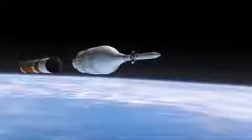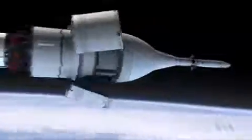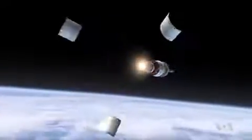Program manager Mark Kirasich says letting commercial companies focus on developing equipment for low Earth orbit spaceflight to replace the retired space shuttle program allows NASA to focus resources on the new rockets in the Space Launch System and the Orion capsule. We have completed 2 test flights to date, a test of our abort system and our first orbital flight test. And right now we are about 75% complete with our next flight vehicle, which will fly on Exploration